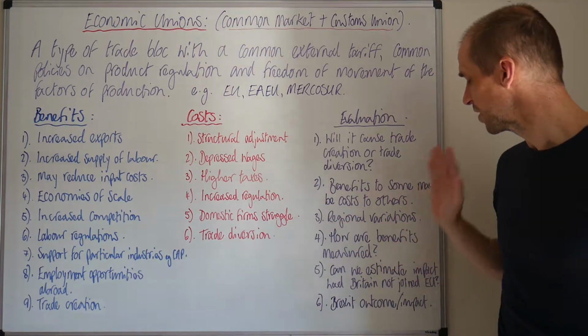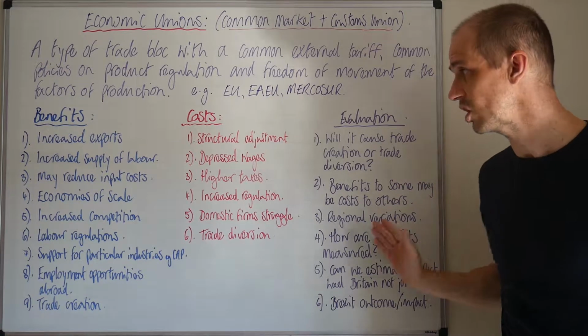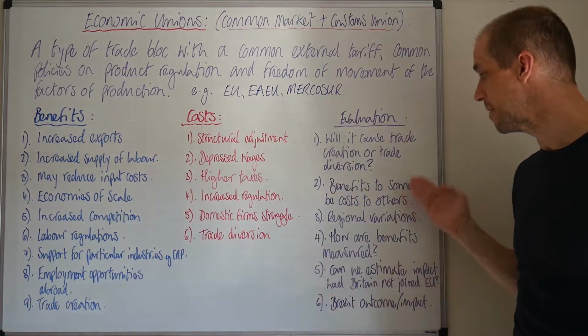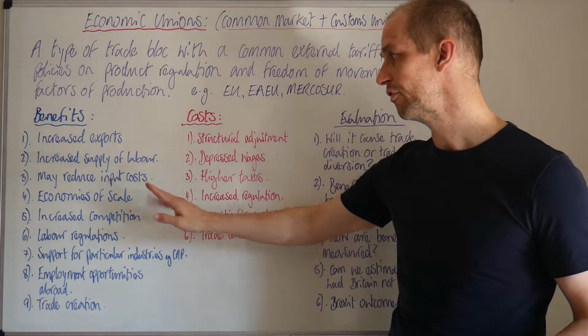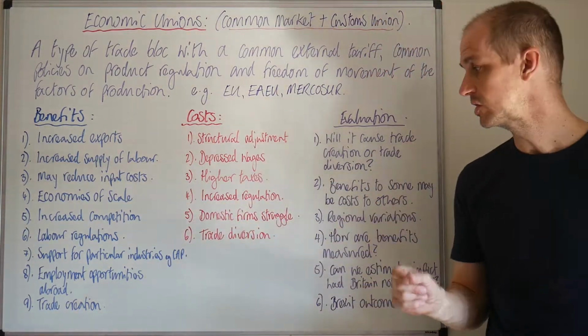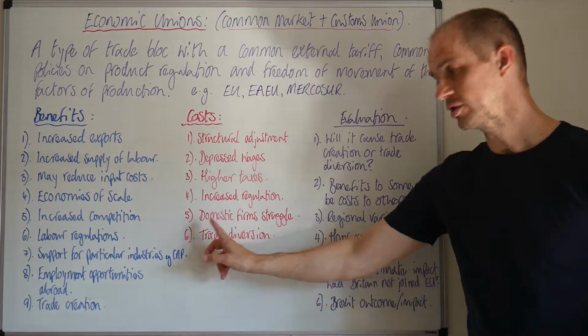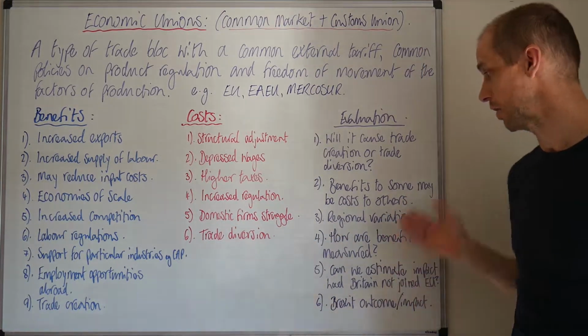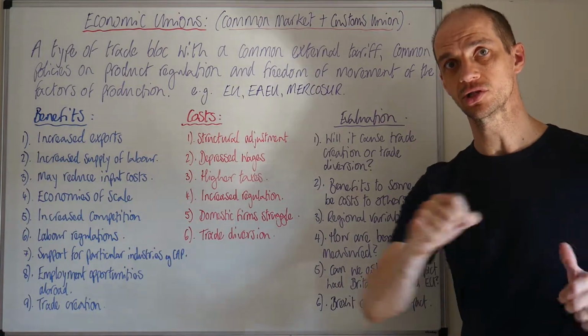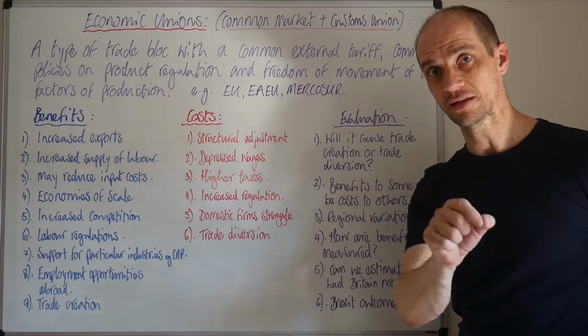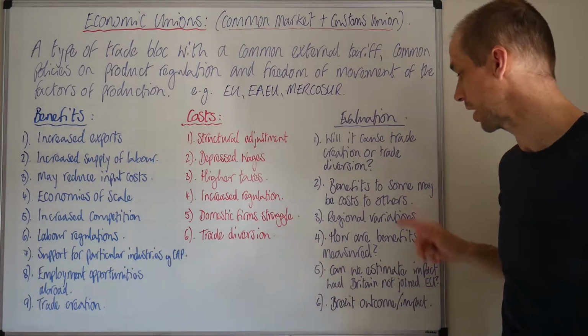Okay, so number two, that there could be benefits to some, but there may be costs to others. So for instance, if a European firm is really exploiting these economies of scale, then it's going to really hurt domestic firms perhaps that can't compete on price. So if you break down the benefits to some and the actual fact that there could be costs to others, again, you get big marks.